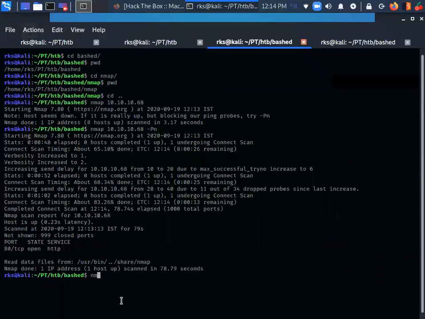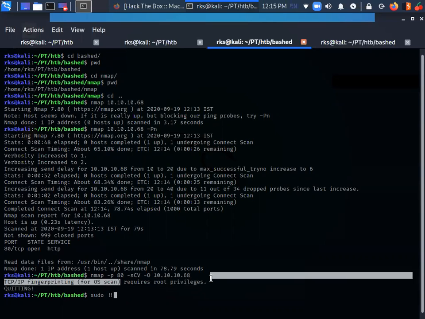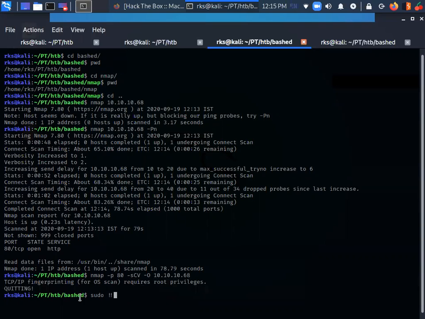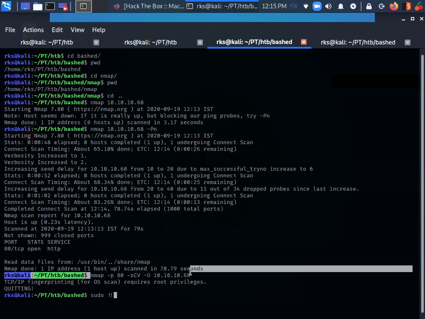So let's do nmap -p 80 -sCV -O and the target IP address. Let's do sudo bang bang. Here you can see it throws an error saying it requires root privileges. So I need to run this command again with sudo.